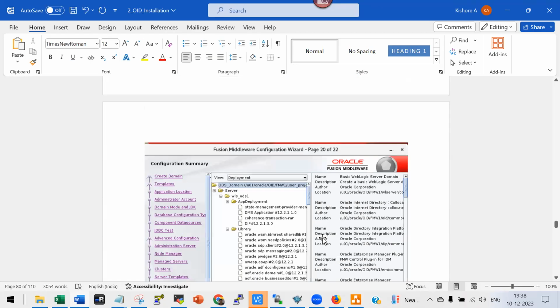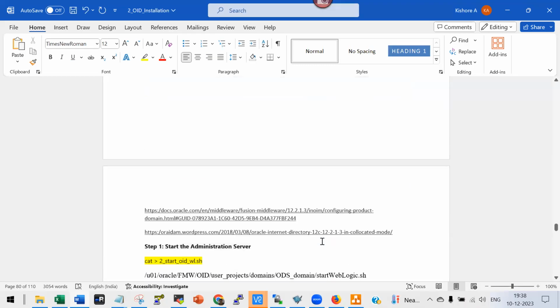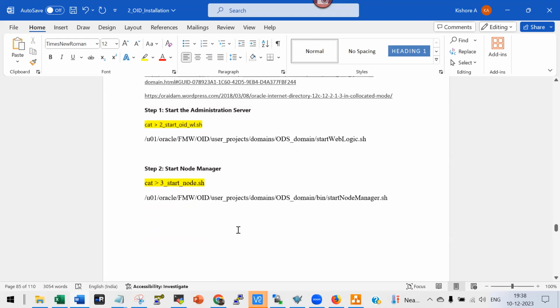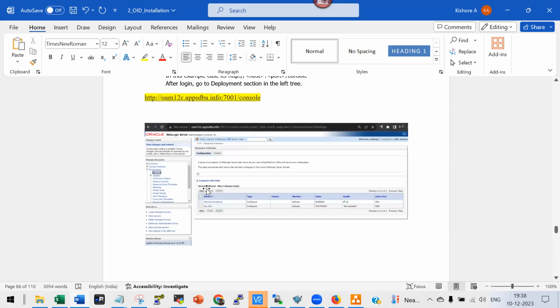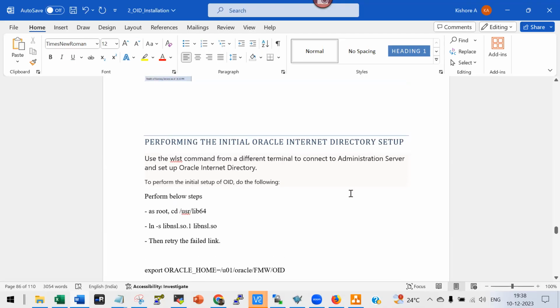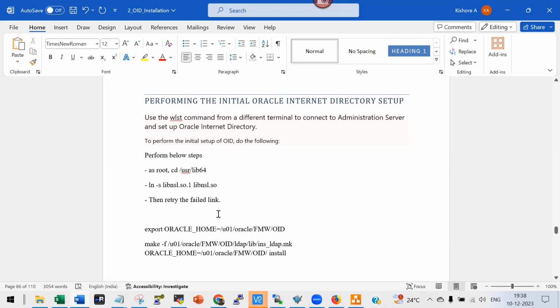Yeah, that is all we went through yesterday. Only the OID setup gave a problem. Then you start the admin server and the node manager. So you do this, and now this is the main step. Yesterday we had this problem. So now here I provided the